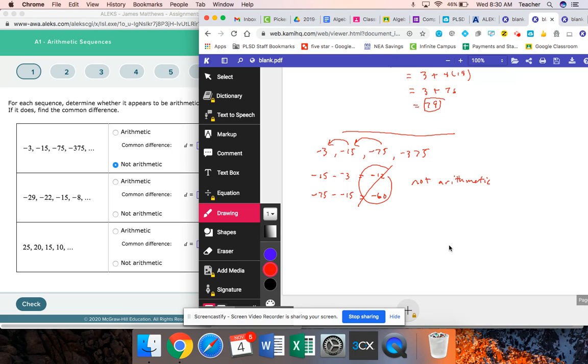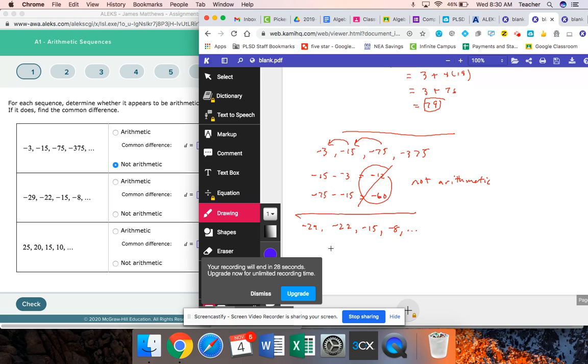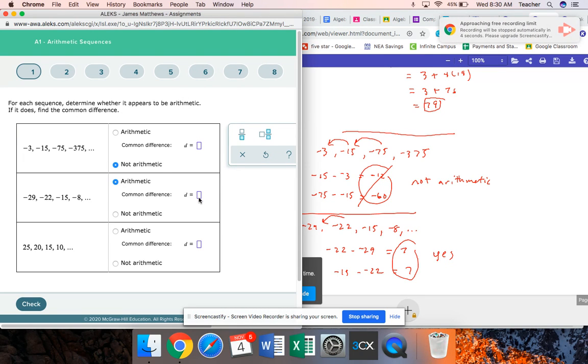What about the next one? Let me see if I can do this one quickly. If I'm looking at these, I have negative 29, negative 22, negative 15, negative 8, dot, dot, dot. Very quickly, negative 22 minus negative 29. That's going to give me a positive 7. What about negative 15 minus negative 22? Oh, positive 7. And if I continue, I'll see I'll have a common difference. The answer is yes. And the common difference is 7. I'm not going to click check because it's going to say the last one's